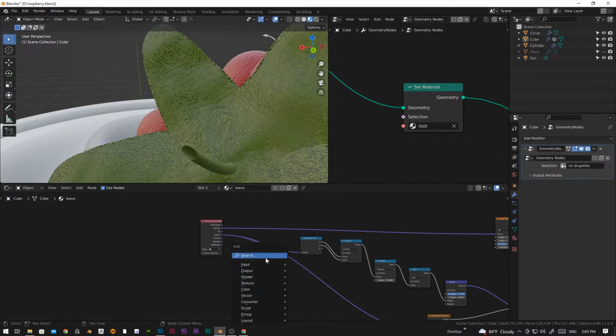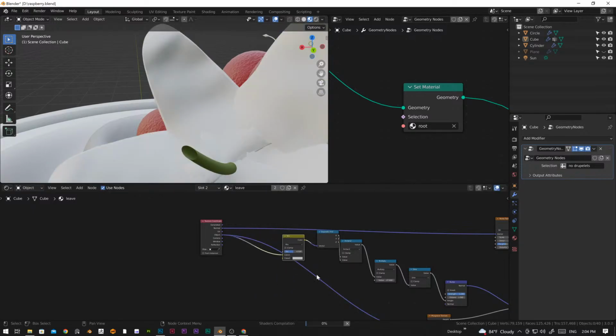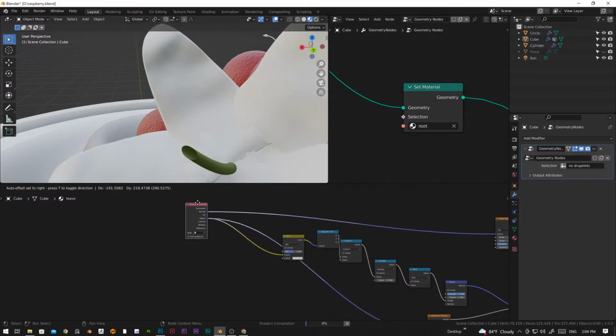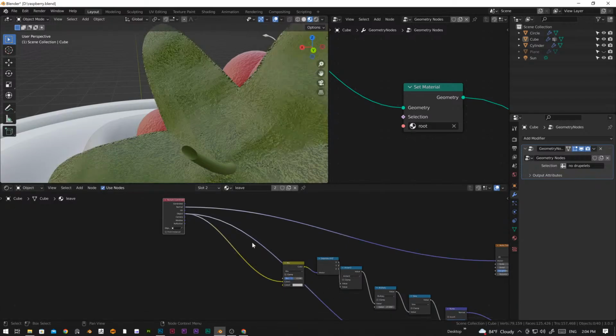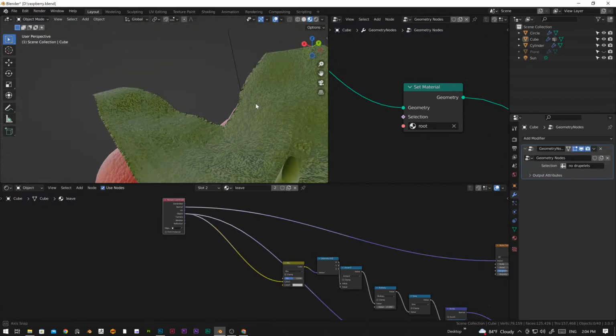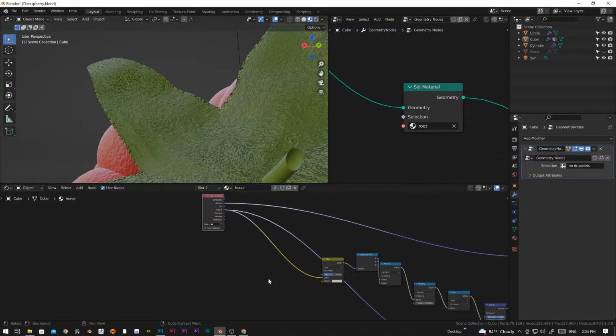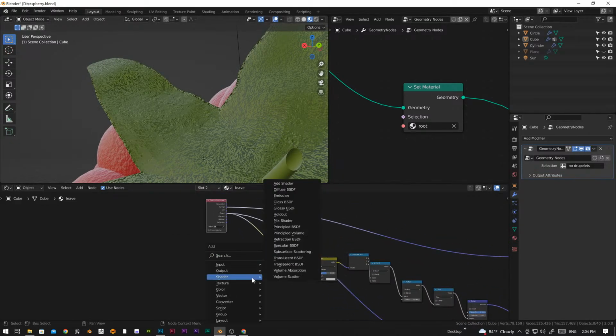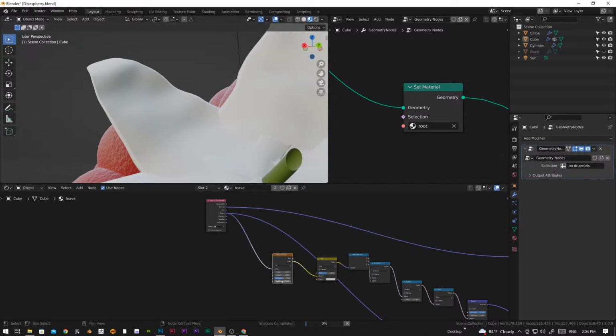So the mix RGB node, and let's connect to this separate RGB. Right now it's kind of very smooth, so we're going to add a noise texture. Go to the texture and select the noise texture. Let's add the noise texture,